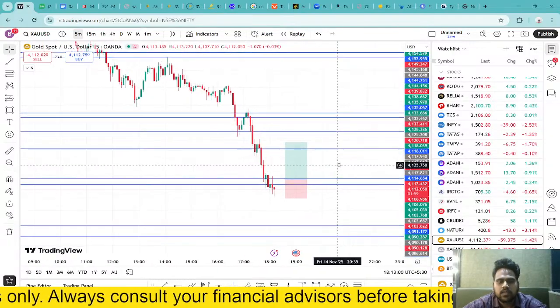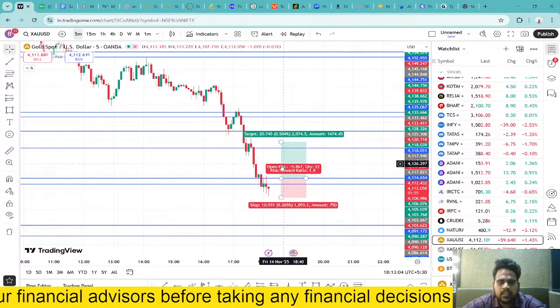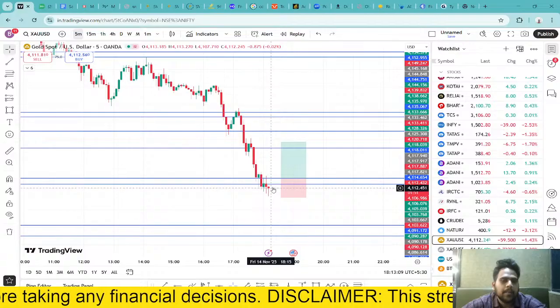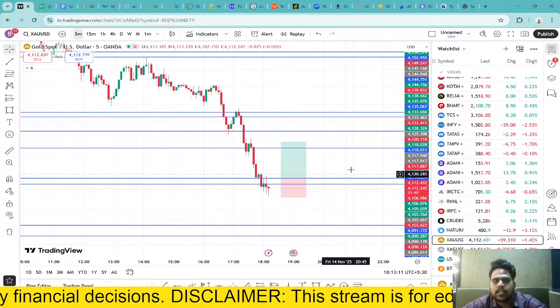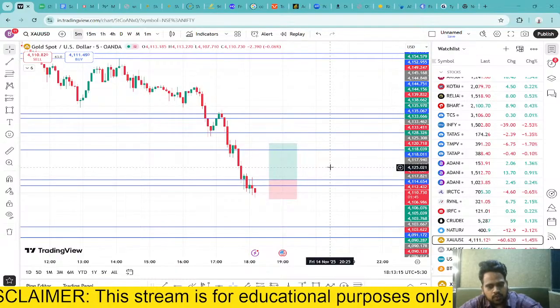So I need to sit in front of the chart every day, every time this level is achieved. That is when I need to punch the order in my broker account, then set my stop loss and targets and everything. This is how it works. But from an algo's perspective, what we can do is